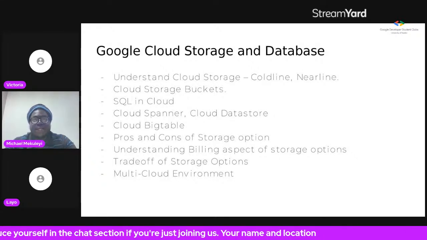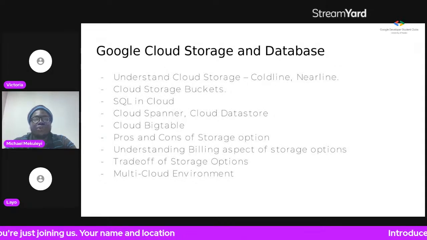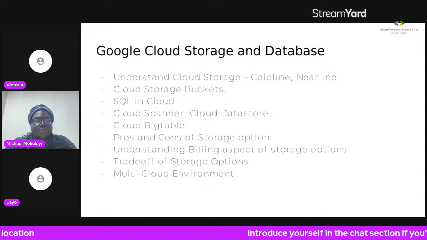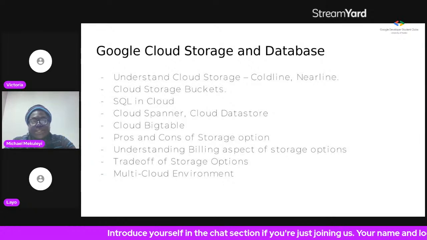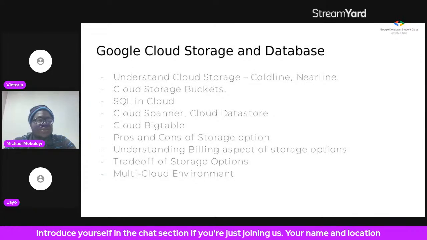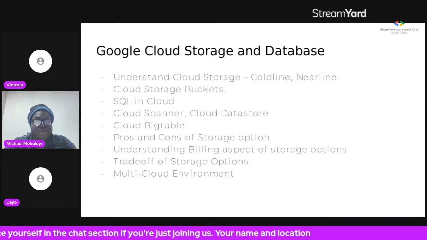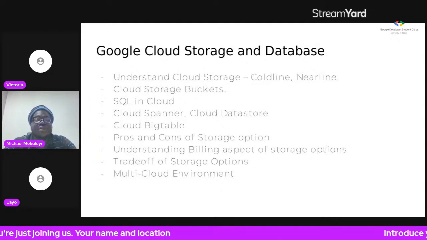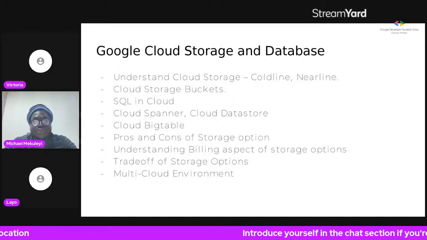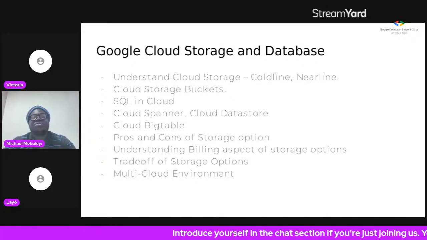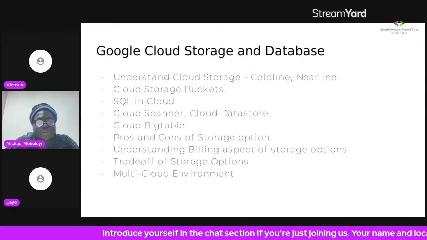If you have a group of files that you want to store and lock in, and you want to be able to access them through an API, it's most likely much better to keep them in a DB. Even when you're keeping it in a DB, you also have to decide if you want fast reads or faster writes. Then you have to differentiate if you want to keep it in an SQL DB or a NoSQL DB, and the way you want to structure the DB. So there are a lot of trade-offs in storage options.